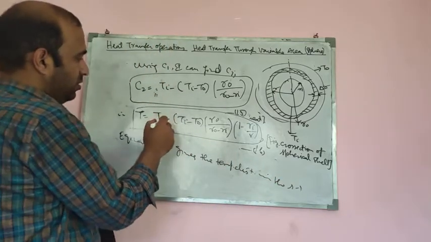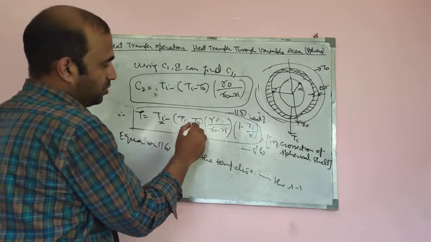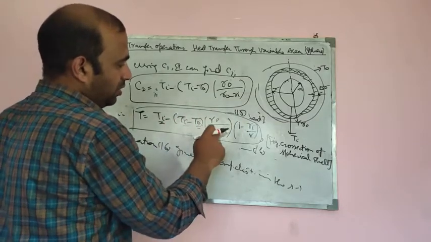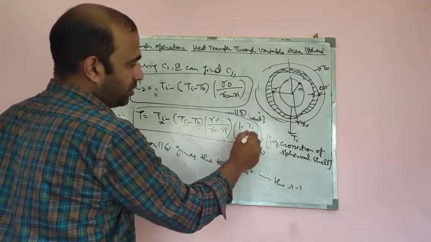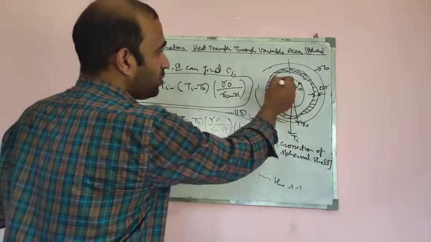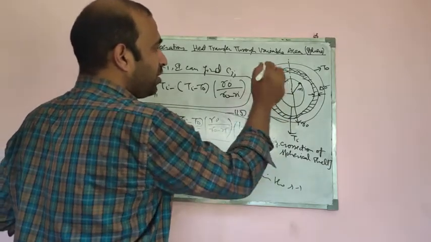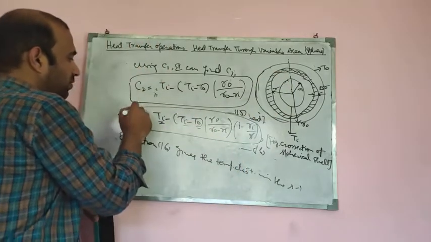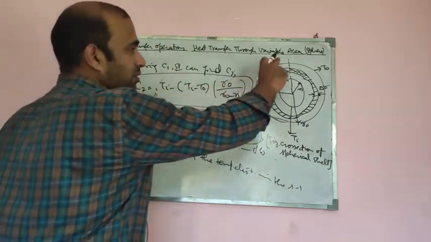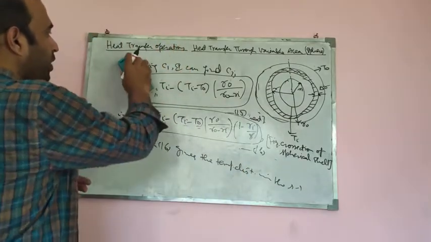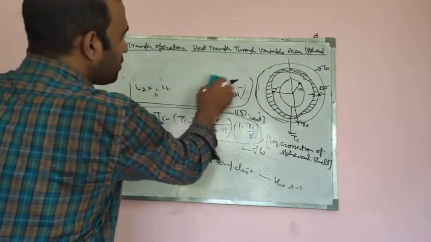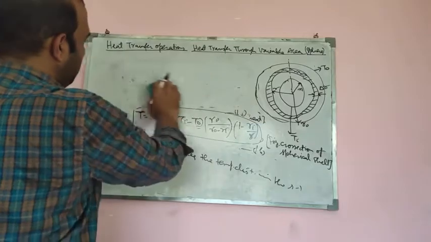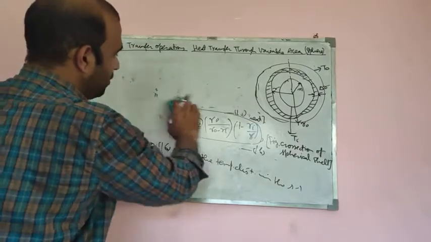So you can see here this Ti is known, T naught is known, R naught and Ri are already known. The only thing you have here is the radial position. So in this sphere, at any radial position R, you can find the value of the temperature. That's how much temperature is at that particular point. So once you have found this, now we actually want to know the rate of heat transfer. What is the rate of heat transfer to the sphere?